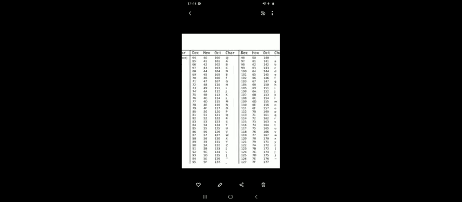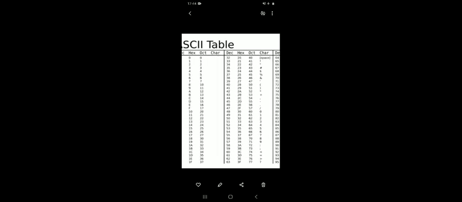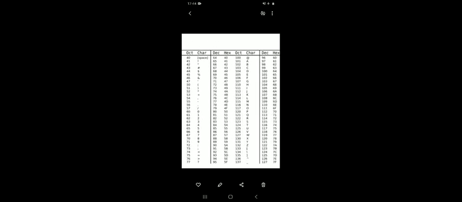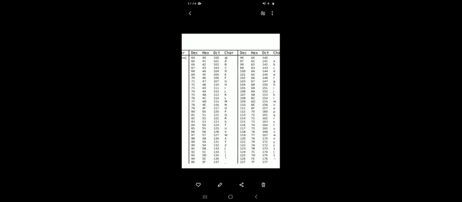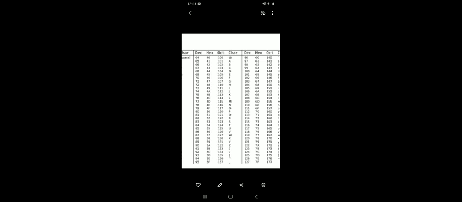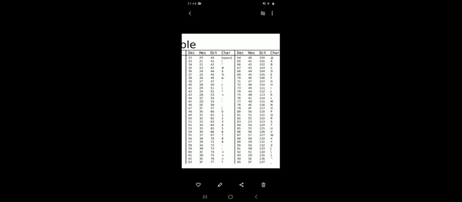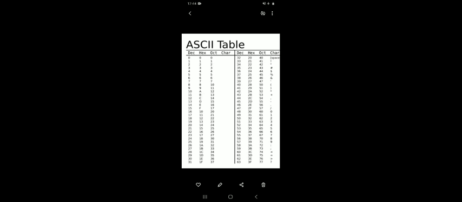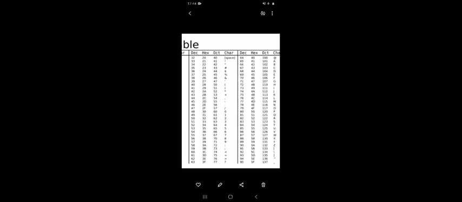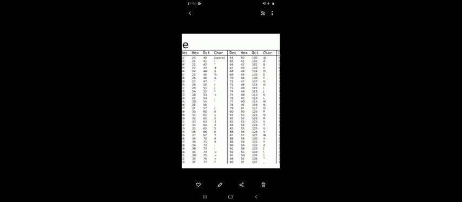When you carry out programming in C or assembly language, you will remember this code because it will help you find out whether the character which is pressed is capital A or capital B, or small a or b. This can be found out by applying proper logic in your program. So remember at least some of the codes, given in decimal and in hex.